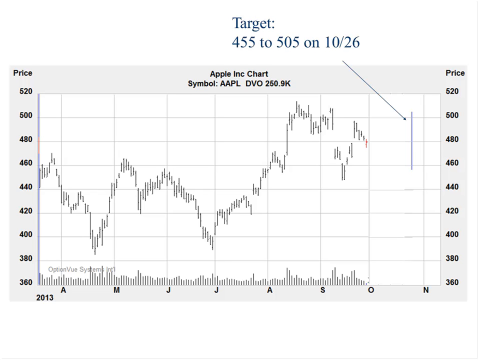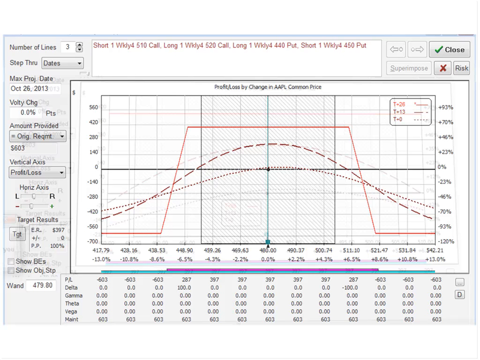Here's an example of one target. You could choose a target into the future, and there's a price range on it. A single date, but with a price range. Now what OptionVue is going to do is look for the best trade that makes the most average return out at that time. One trade it might come up with